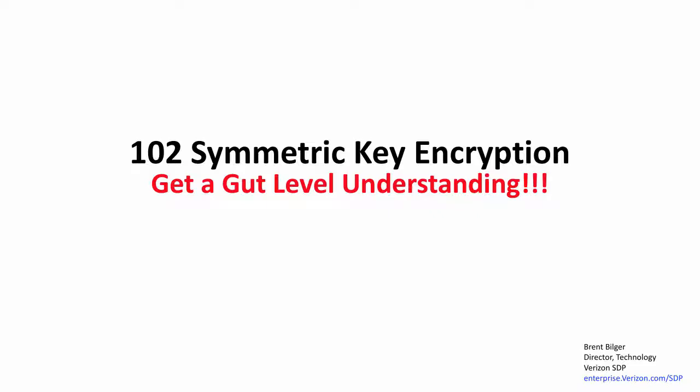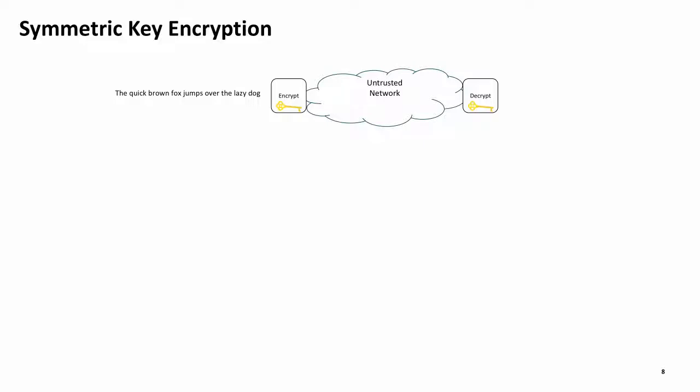In Part 2, you'll get a gut-level understanding of symmetric key encryption with message integrity. The objective is to take some arbitrary plaintext, apply a cryptographic algorithm to it to generate some ciphertext that can be transported across an untrusted network and decrypt it with the same key to regenerate the plain text that we started with. To understand this better, let's create a make-believe stream cipher with this stream of bits generated from some